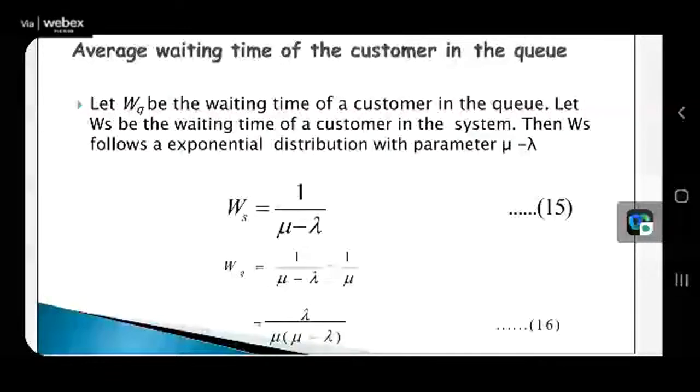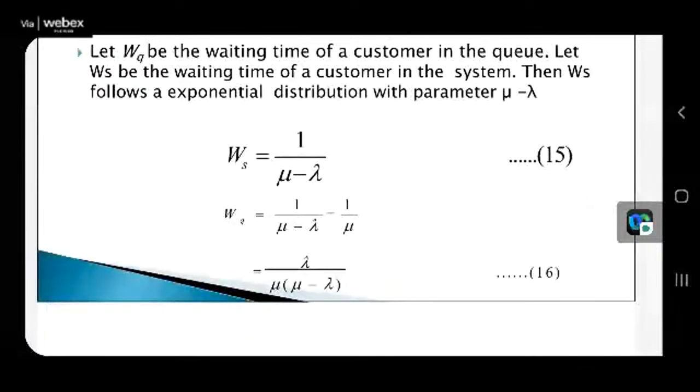Now you wait in a queue for a particular amount of time. Then you get the service. That is called the service time for you. Both together you can call the total time you are spending in the particular system. So that is also most important. So you have the formulas Ws is equal to 1 by mu minus lambda and Wq as lambda by mu into mu minus lambda.